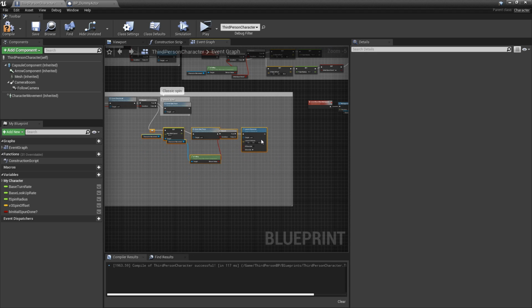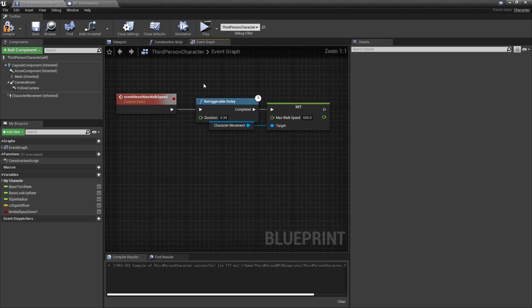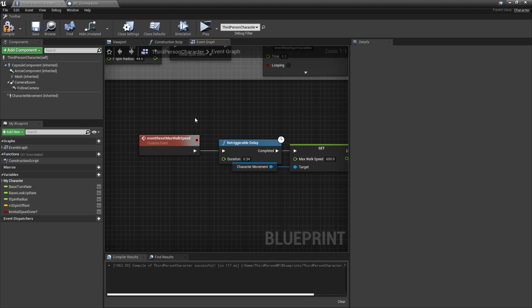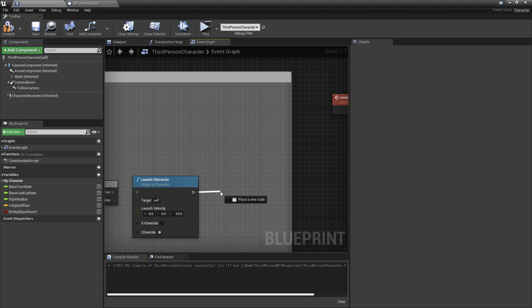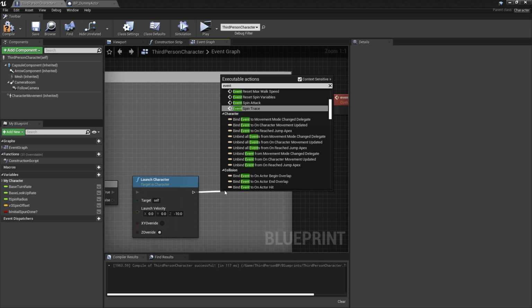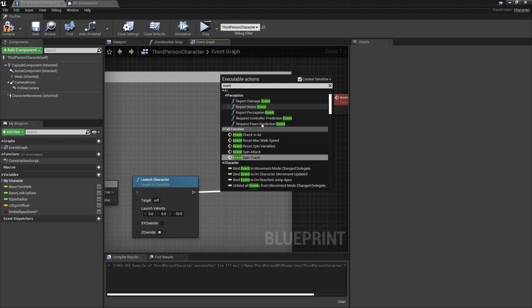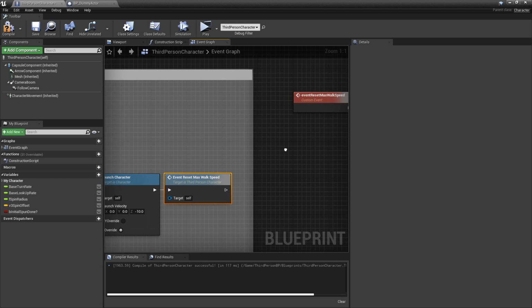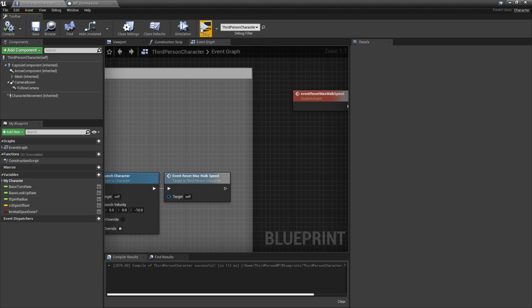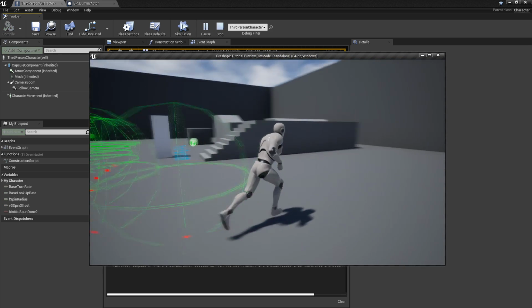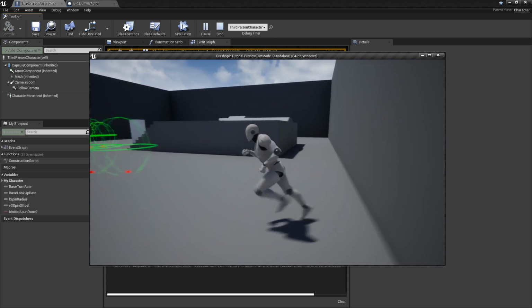The only reason I put this in its own event, even though it's so small, is just because I like keeping it clean and not having a delay in the middle of slightly bigger code. So we're gonna call this event here and it should work. Alright, he can go faster, but once he stops,